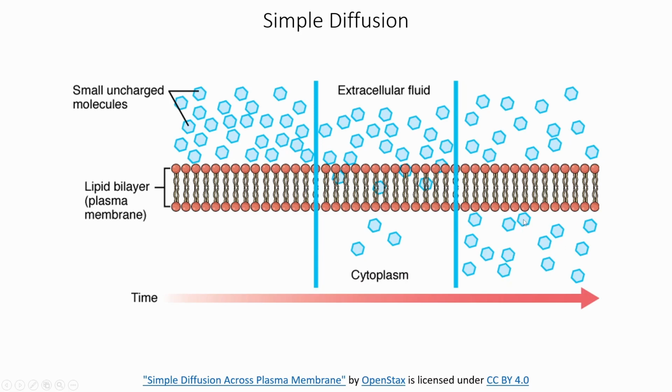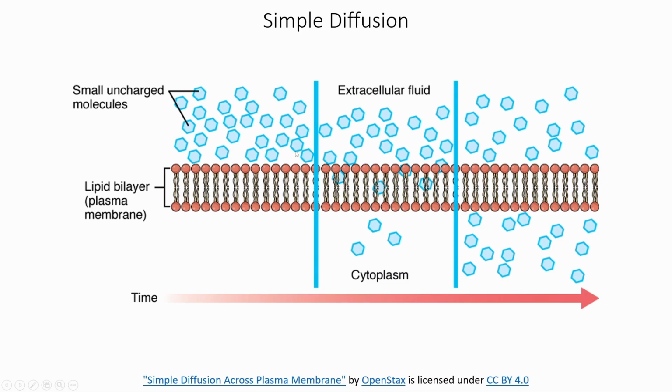Once we're equal, this molecule might move across, but for every molecule it moves one way, another molecule is going to go the other way. And so we have a net zero movement in this case, right? So the whole point is we're trying to reach equilibrium. These molecules can push their way past the plasma membrane. They can push their way past the phospholipids to get from one side to the other until each side is